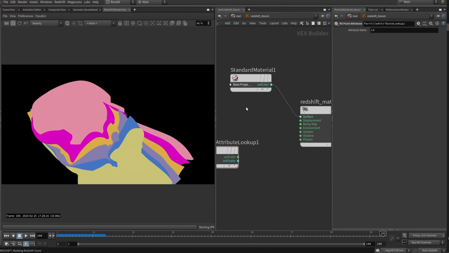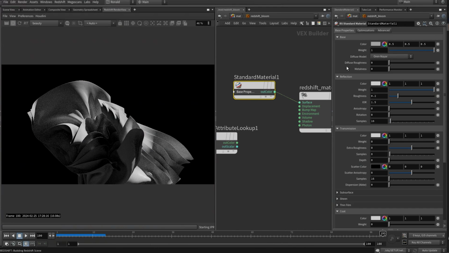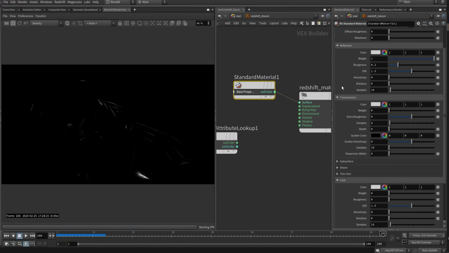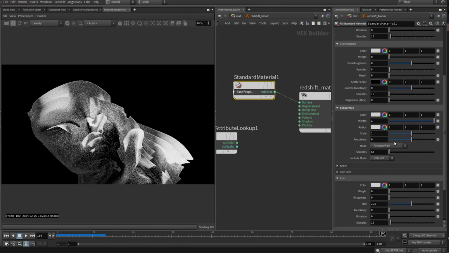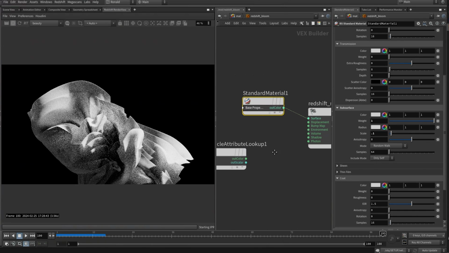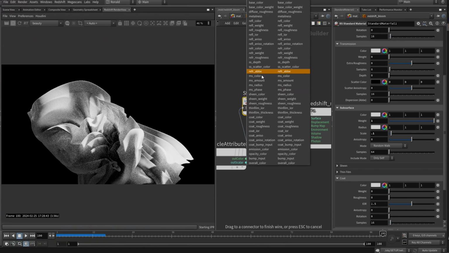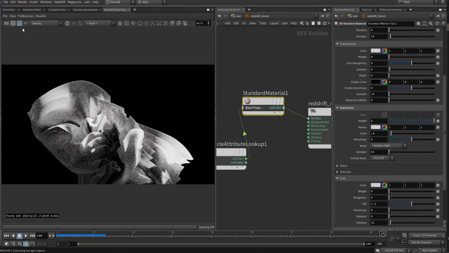And so we can use the standard material. I'm just going to give it some subsurface scattering by turning off the diffuse first and heading down to subsurface and turn on the subsurface scattering and reduce the scale to 0.1 to allow less light, or 10 to allow more light to pass through. But it's not very obvious now because there aren't any colors, so I'm going to just drop this into MS color, restart the render. It appears to be letting quite a bit of light pass through, which is why everything is still white. So I'm just going to reduce my scale to 0.01 and 0.001, and that's where we